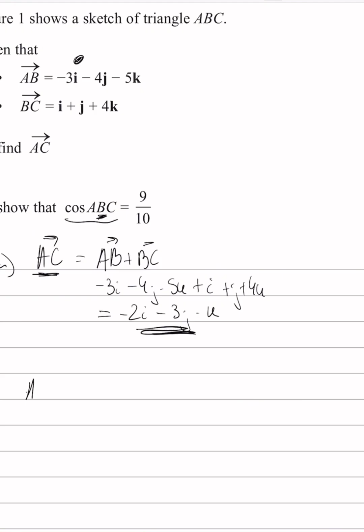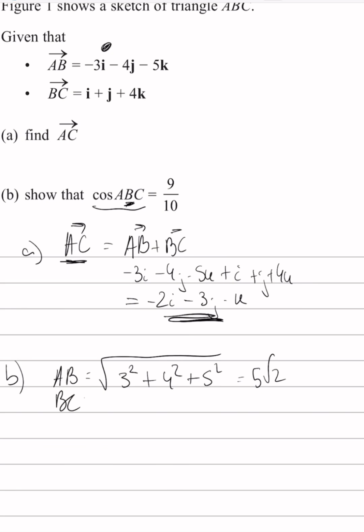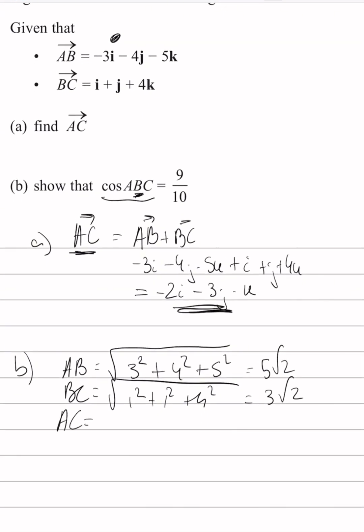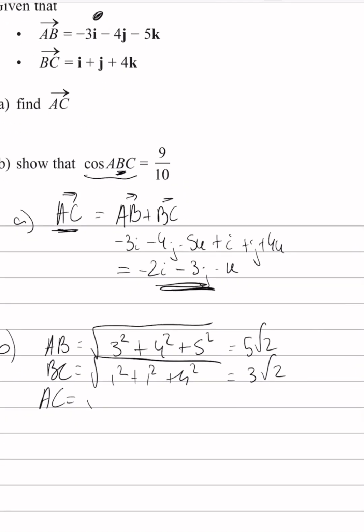So in this case, AB would be the square root of 3 squared plus 4 squared plus 5 squared, which would give us 5 root 2. BC would be the square root of 1 squared plus 1 squared plus 4 squared, which would be 3 root 2. And as we found AC from the last part, we can find its length using the same method,